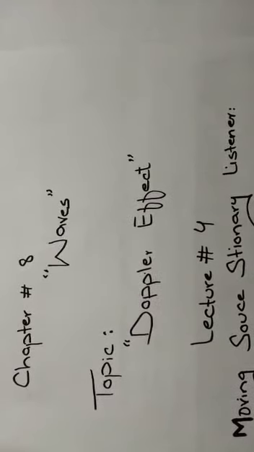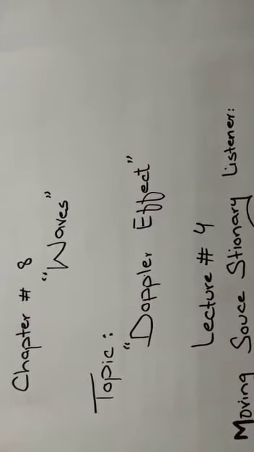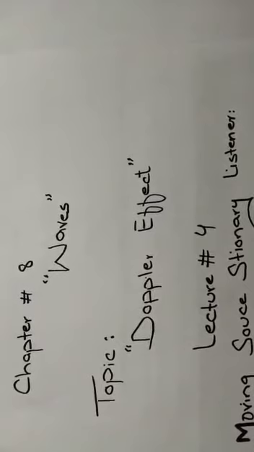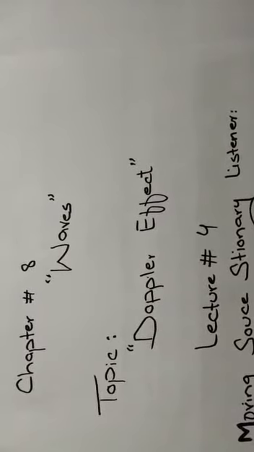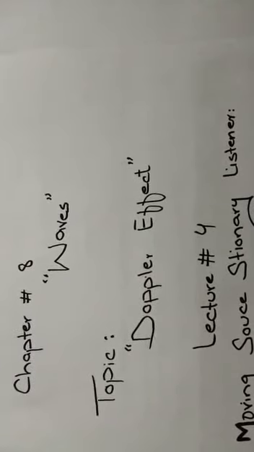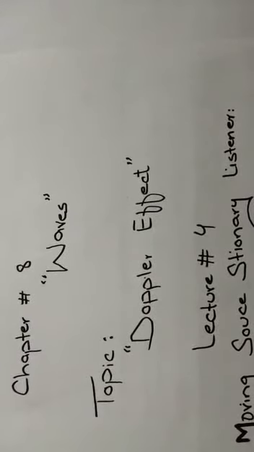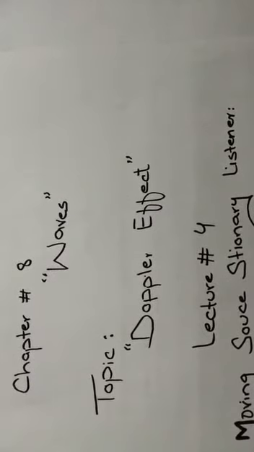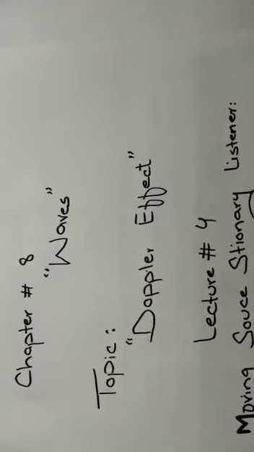As you noted in our lecture number 4, we discussed the Doppler effect. We just discussed the introduction of the Doppler effect. The Doppler effect is the apparent change in the frequency of the sound generated by a certain sounding source when there is relative motion between the sounding source and the listener.